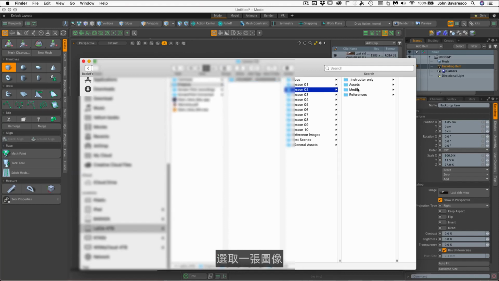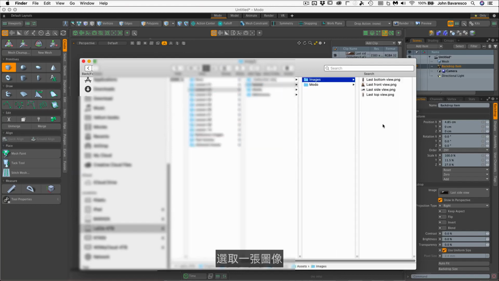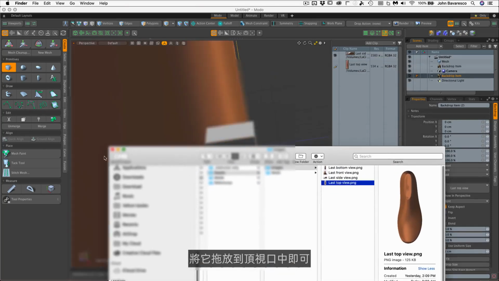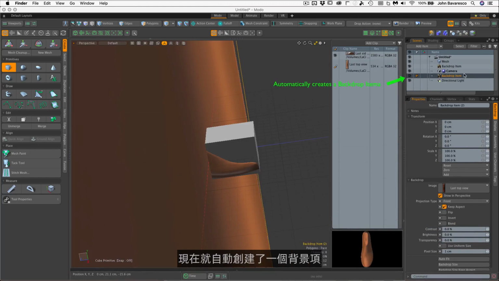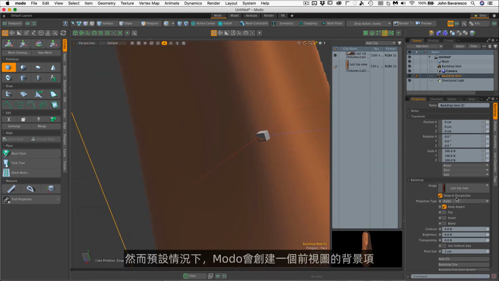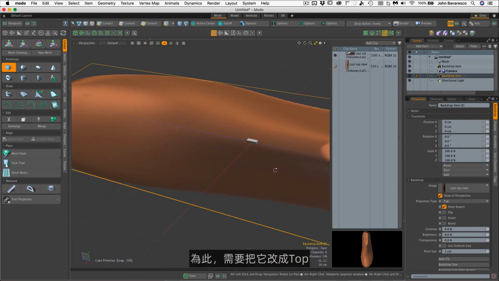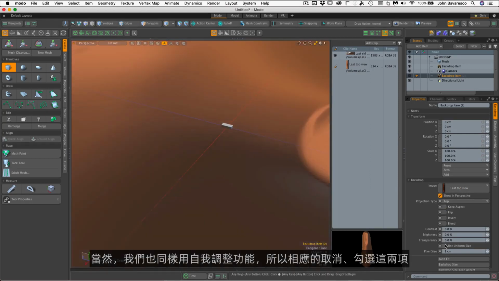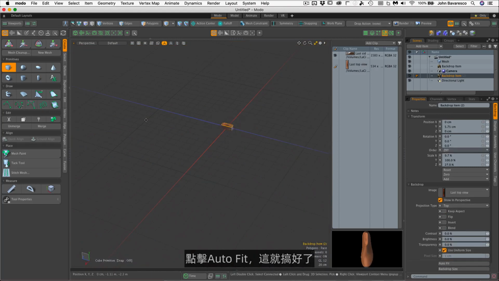And then just grab an image and just drag it and drop it on top of the viewport. And there you go. We've automatically created a backdrop item. However, by default, Modo creates a front-facing backdrop item, so we just need to change that to a top, and that's it. Now we'll just use the same auto fit feature, uncheck that, check that one, and click auto fit,